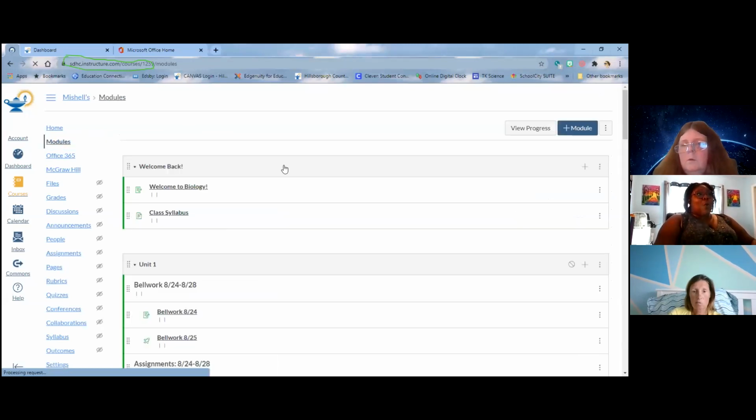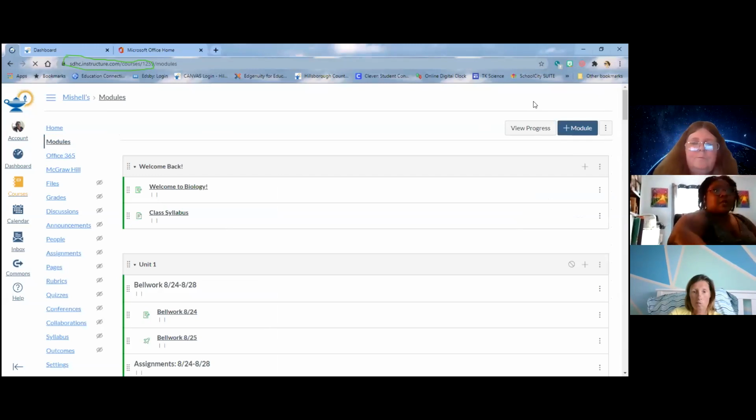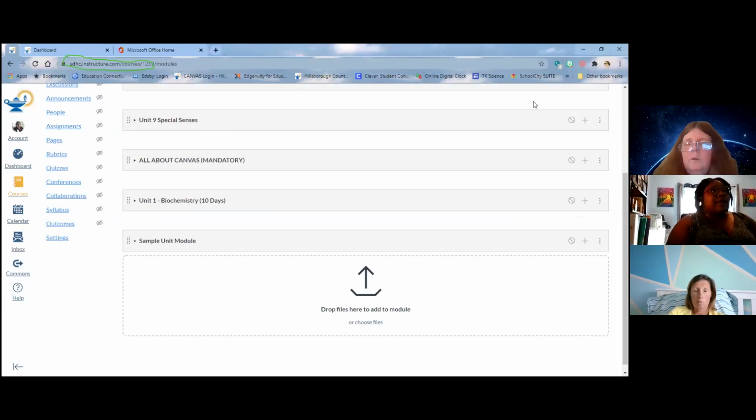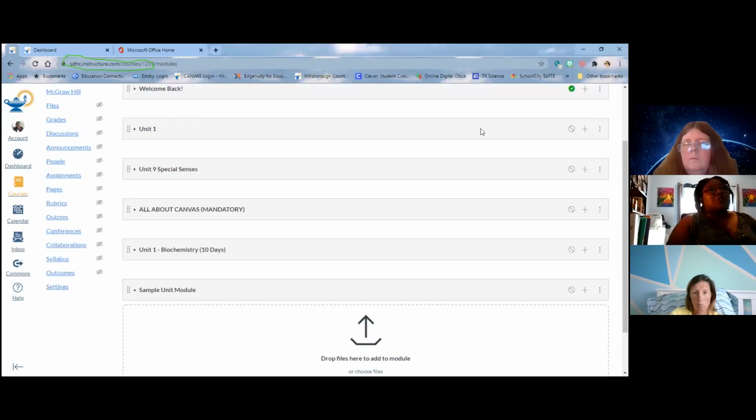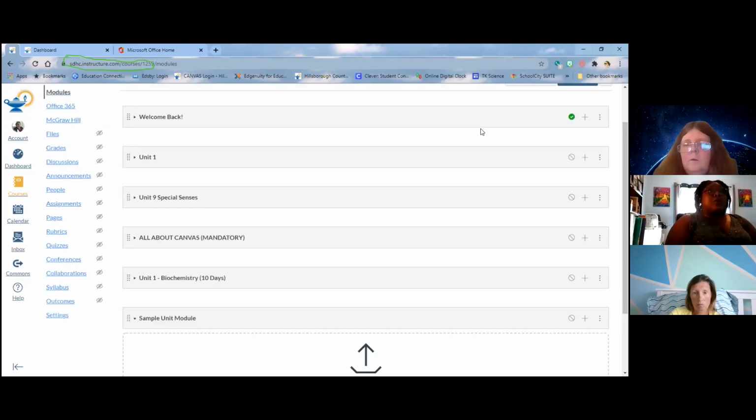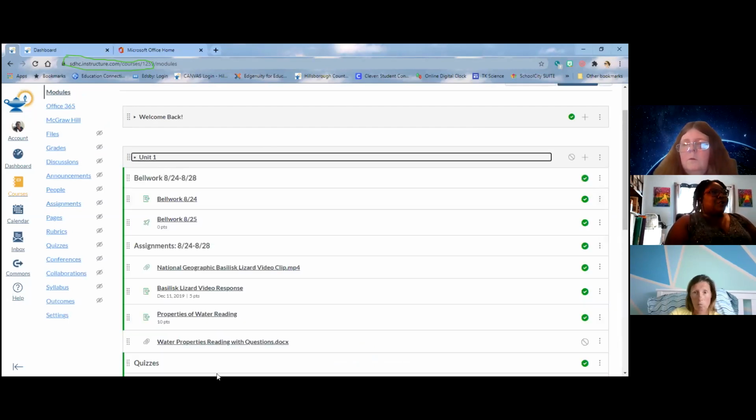All right, so one more piece before we finish. One more thing that you can do with modules is that you can actually set, so let's say that you would like to decide when a student can see a module. So let's say you do publish all your modules, right? One more thing that you can do, if you do want to publish all your modules, is you can set when you want them to open. So let's say you put them all in there, you don't want to remember to have to come back and publish them, right? So you make your module, you click the 3 little dots,